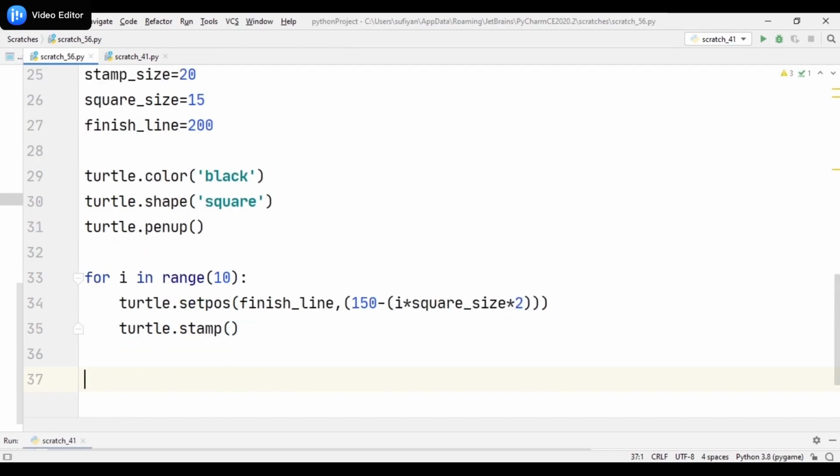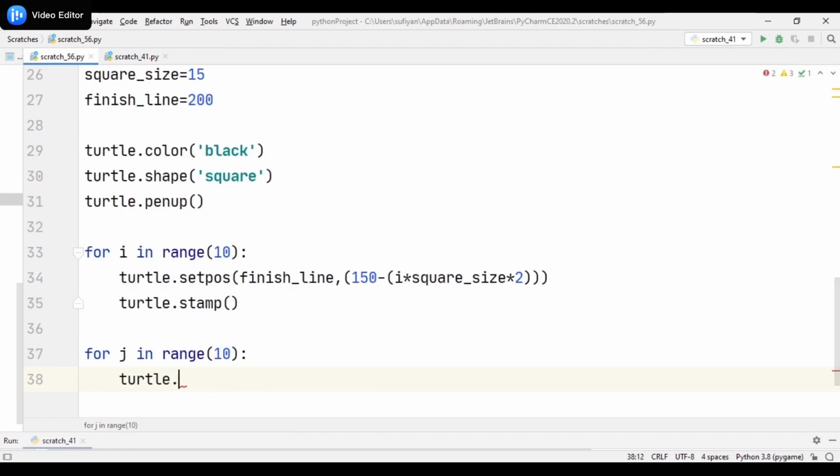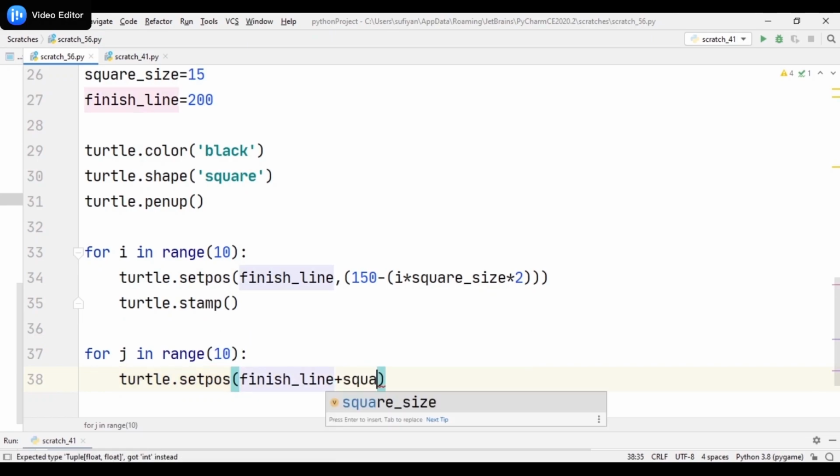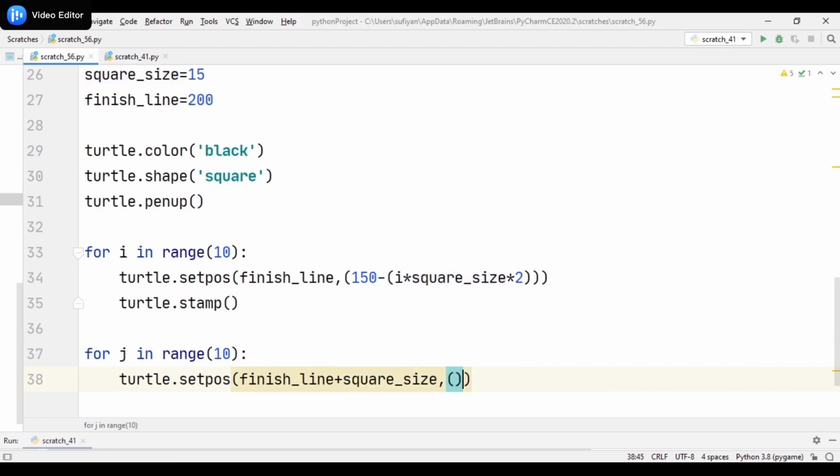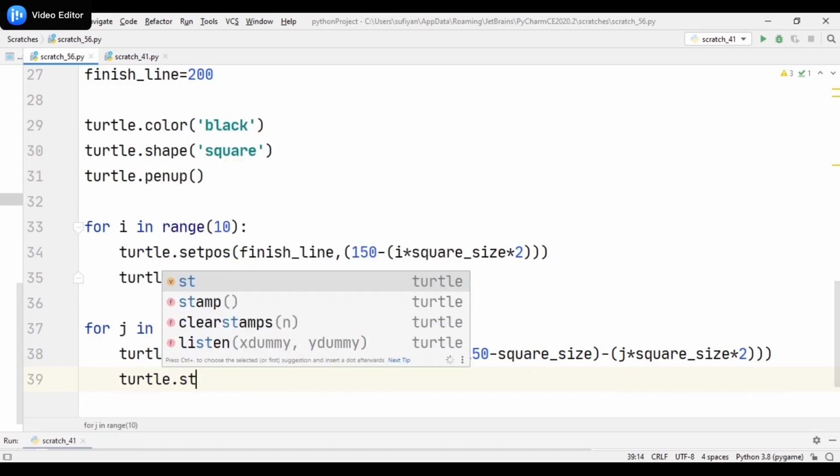We will create another for loop, for j in range 10. Turtle dot set position, x position will be finish line plus square size, and the y position will be 150 minus square size and minus j into square size into 2. Then turtle dot stamp.